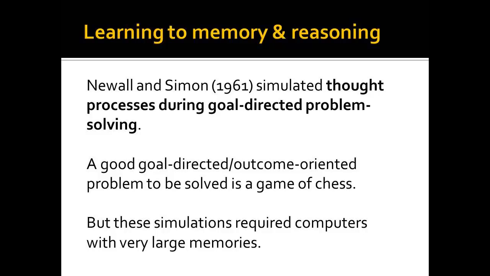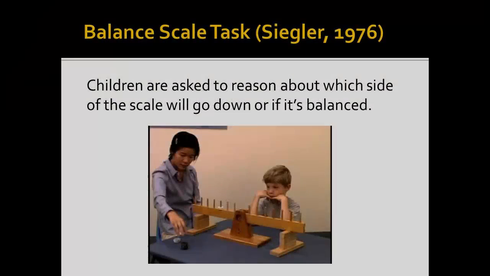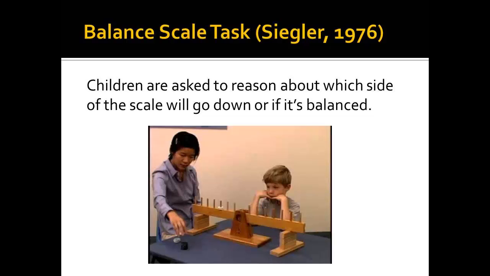Our fallible nature is maybe what makes us most human. But that fallible nature has characteristics. We are characteristically prone to certain types of errors. Now, we will learn about the kinds of errors that we make in this session. We'll start with reasoning errors in children. A commonly used task to measure the level of reasoning in kids is the balance scale task, developed by Robert Siegler in 1976.